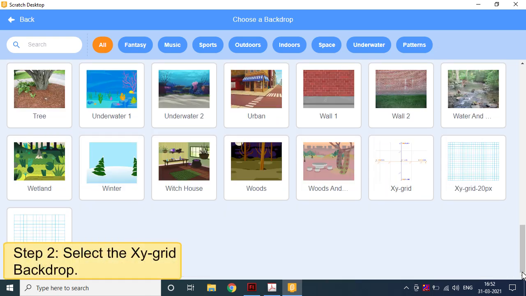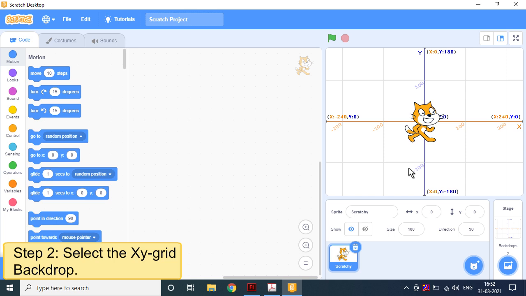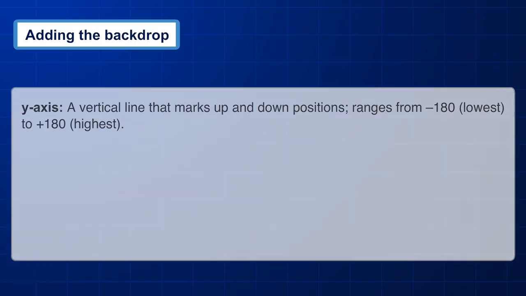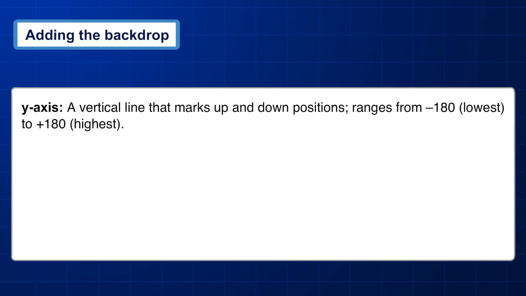Step 2. Select the XY grid backdrop. New backdrop is added on the stage. Now you can see exactly how Scratch positions objects. Everything is on a grid with 2 axes. Y-axis, a vertical line that marks up and down positions,